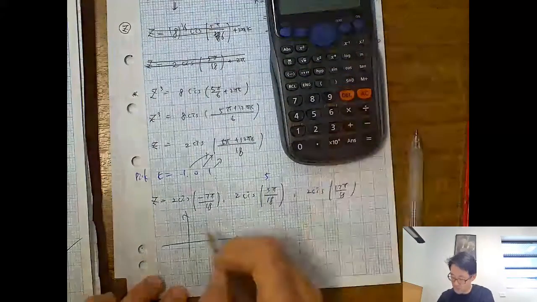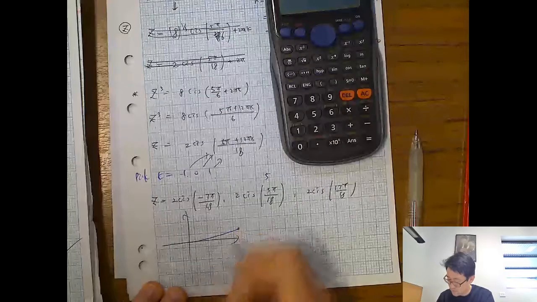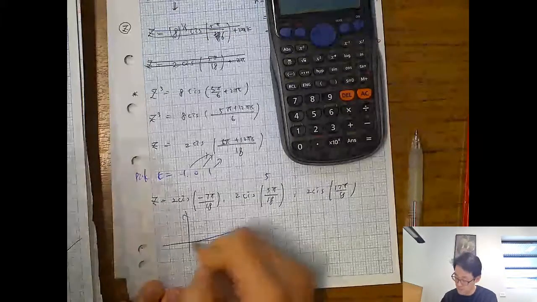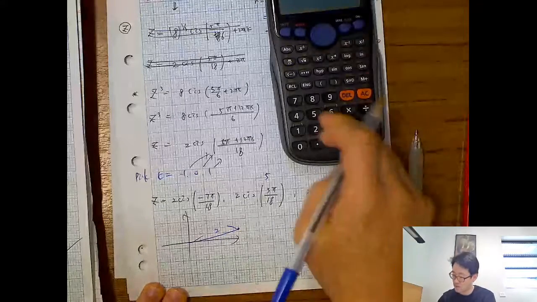Probably just go this way. So we'll have 1 first. Just put it that way, that's probably easier. And then the difference is 5 plus